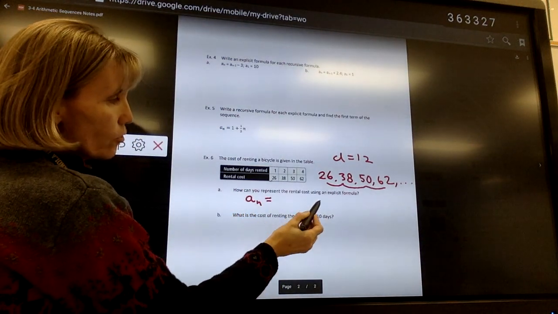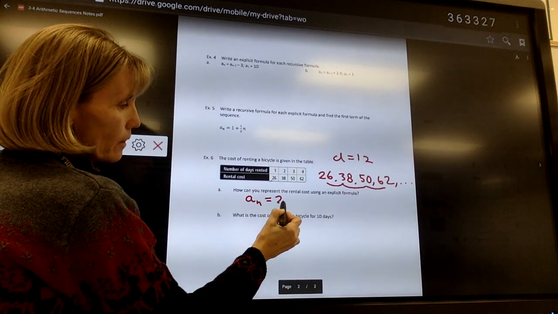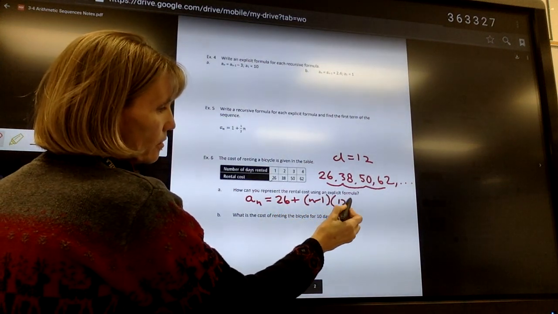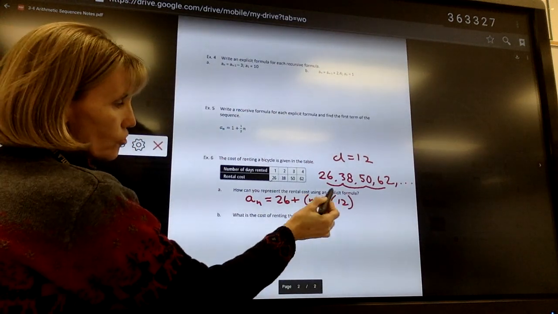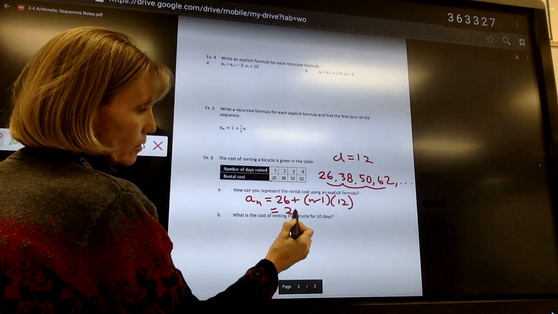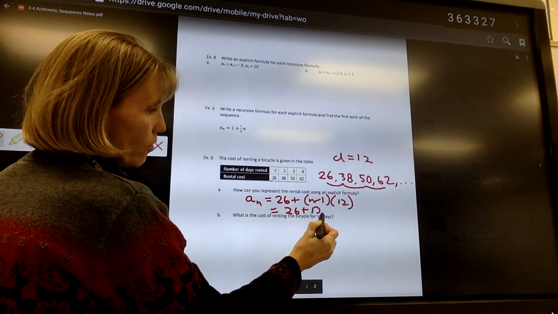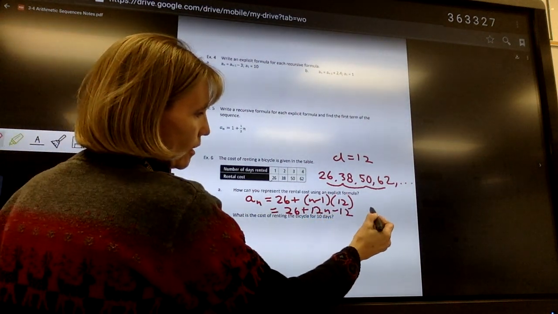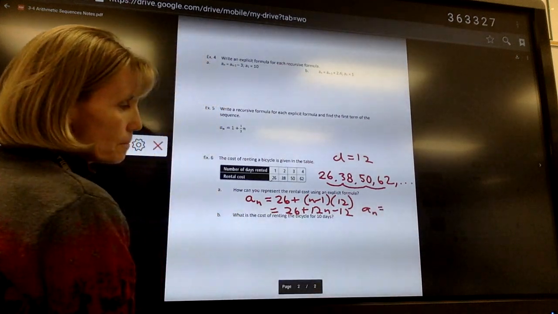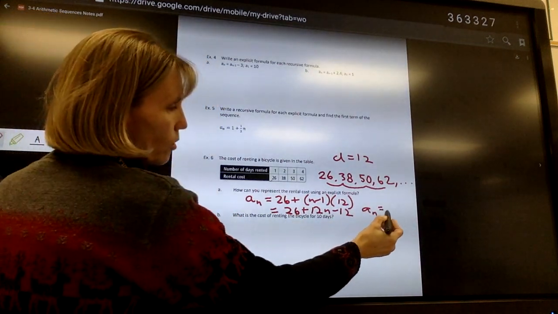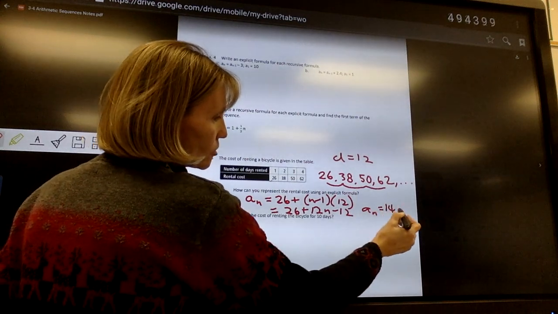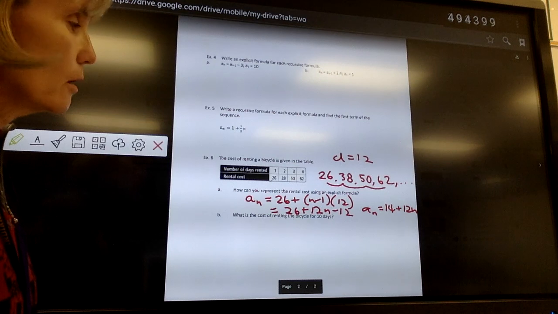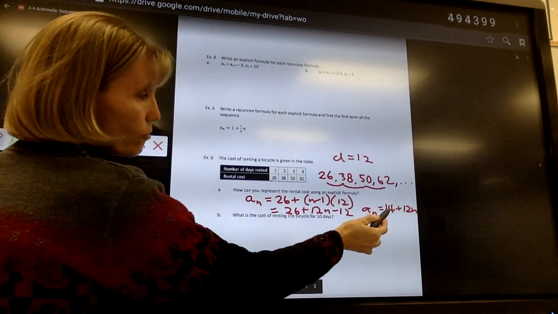Okay, with the explicit formula, you start with the first term, plus, and it's n minus 1 times that common difference. So we're going to distribute the 12. I would get 26 plus 12n minus 12. Combine your like terms, and your explicit formula would be 26 minus 12 would be 14 plus 12n. That's how we would leave our explicit formula, and then we would go ahead and use that formula to answer